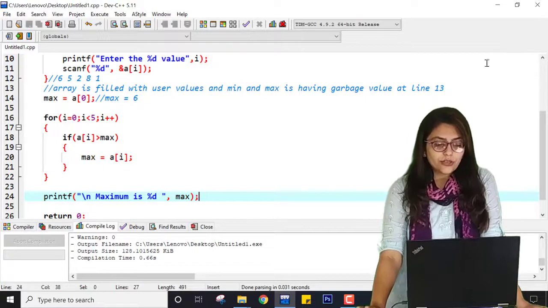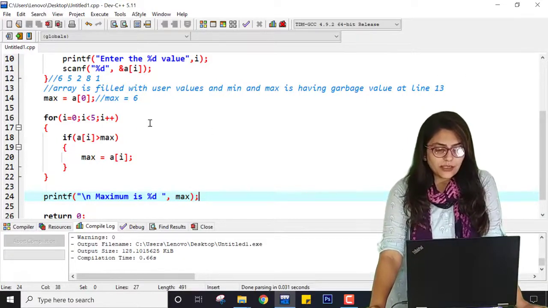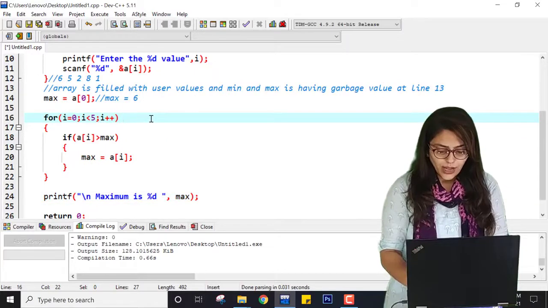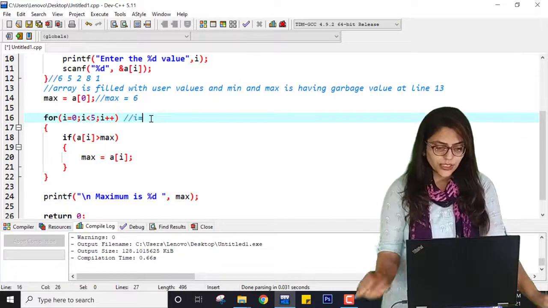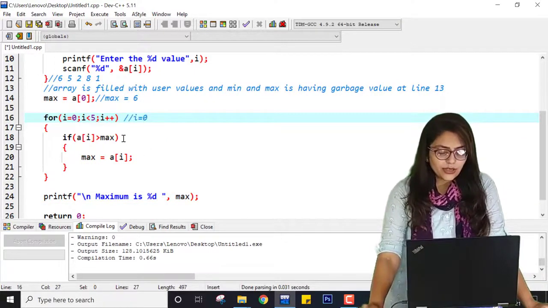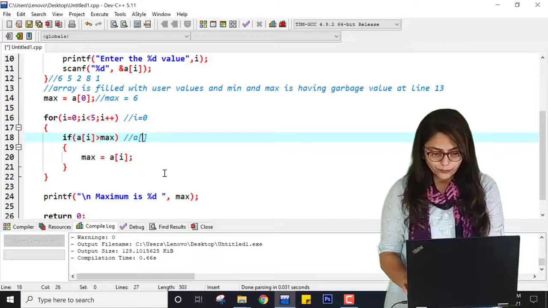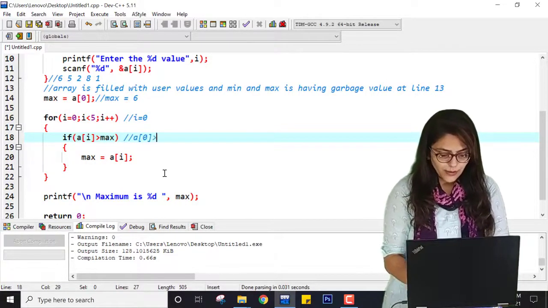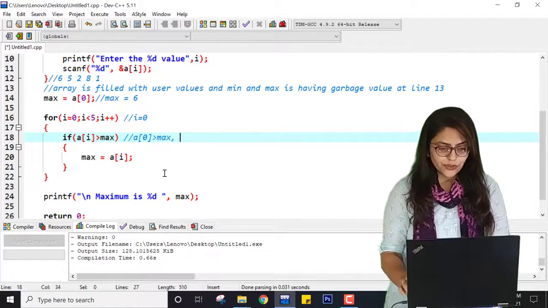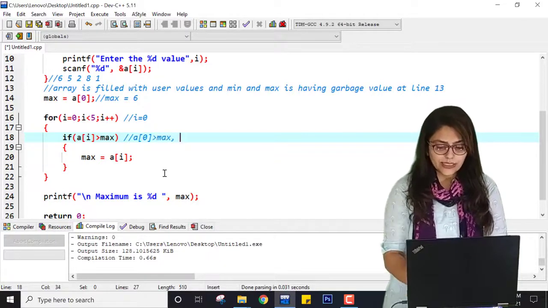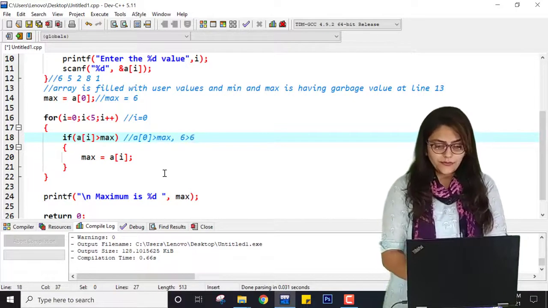So you can find that first the value of i will be 0. Here it will check the condition: is a of 0 greater than max or not? What is the value of a of 0? 6. Is it greater than the value of max, which is 6?